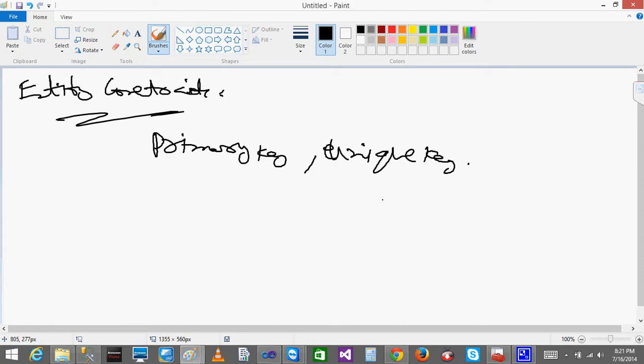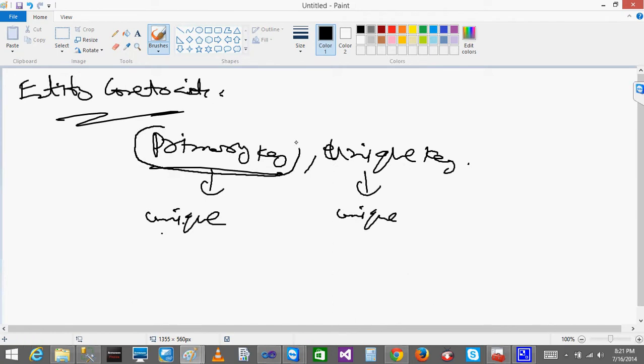What is the use of the primary key and the unique key? I will say now. Primary key means the records will be unique. Unique key also means the records will be unique. If you declare a column as primary key and try to insert null values, it will not allow null values.